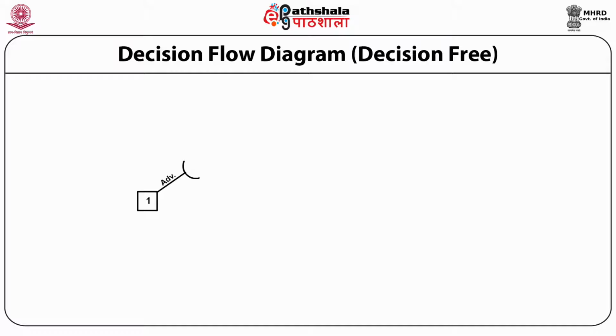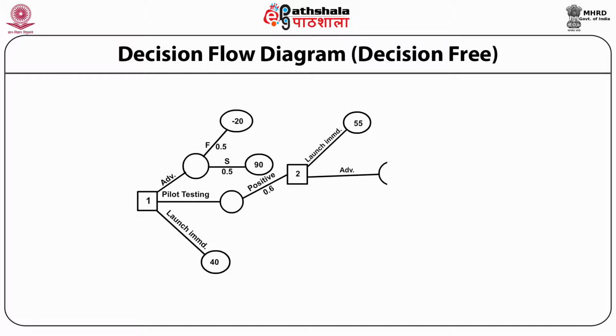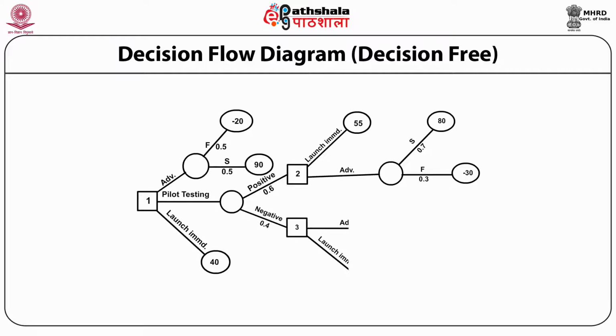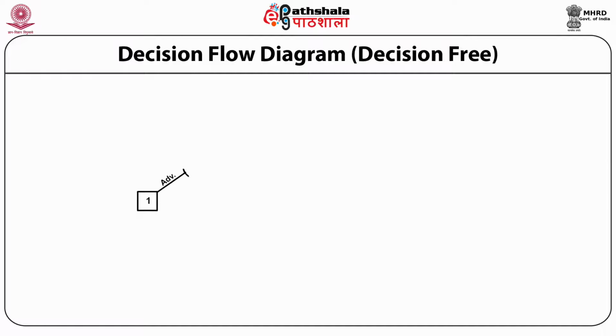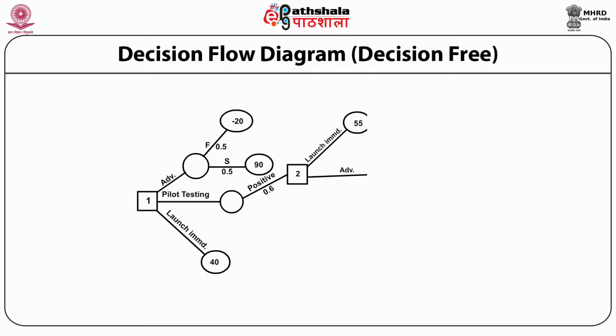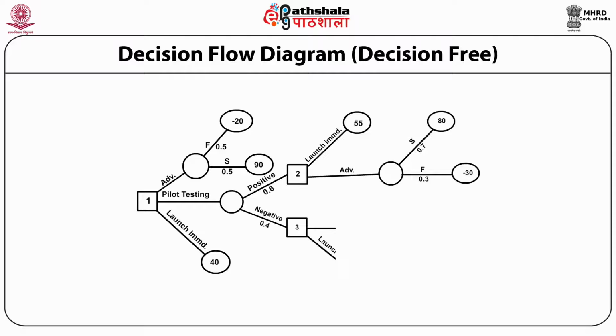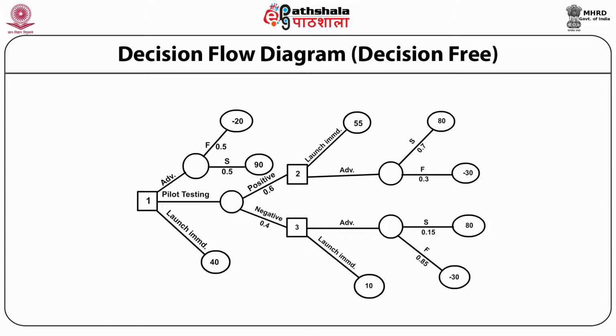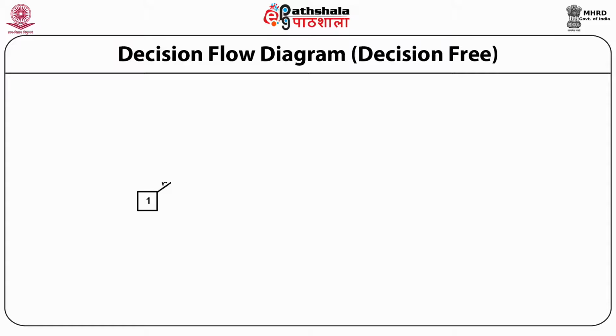In this slide, you see the decision tree for the given question. It is also known as a decision flow diagram. As I have already discussed with you the process of building the decision tree, here, just as a reminder, I will narrate the entire process once again. In this, first of all, we need to determine the essential decisions and the uncertainties in the given situation, and then we need to put the decisions and uncertainties in an appropriate chronological sequence.